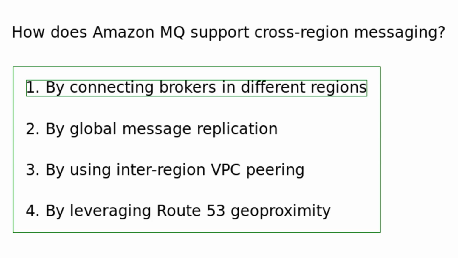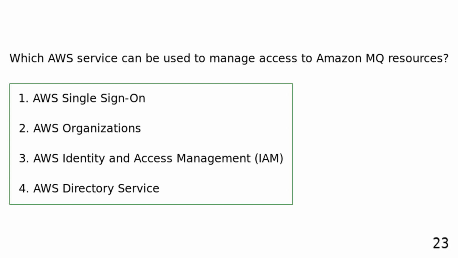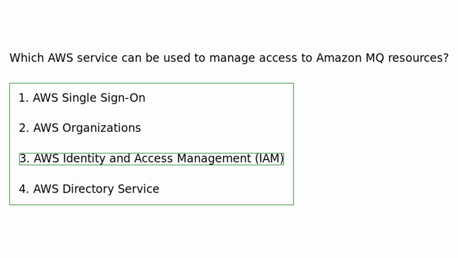architectures. Which AWS service can be used to manage access to Amazon MQ resources? AWS Single Sign-On. AWS Organizations. AWS Identity and Access Management. AWS Directory Service. AWS IAM is used to manage access to Amazon MQ resources, allowing you to control who can create, modify, or